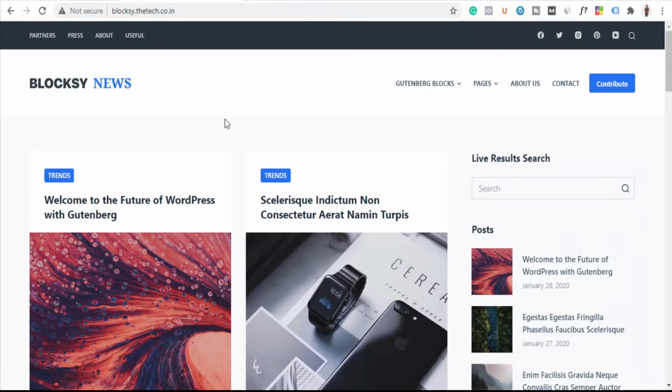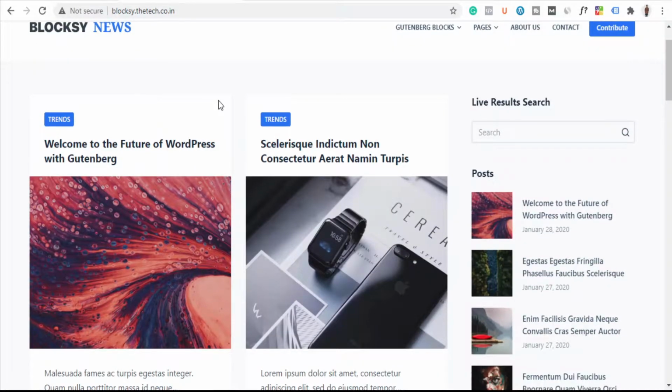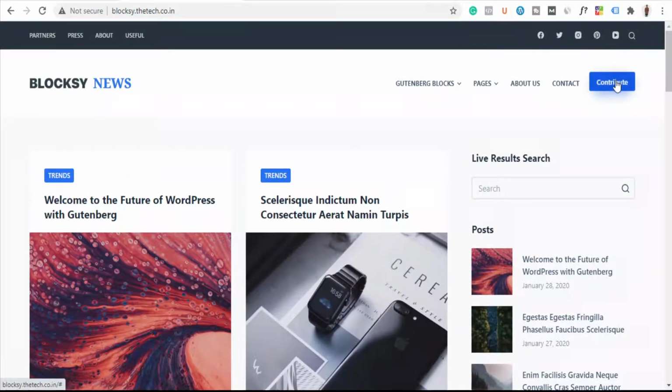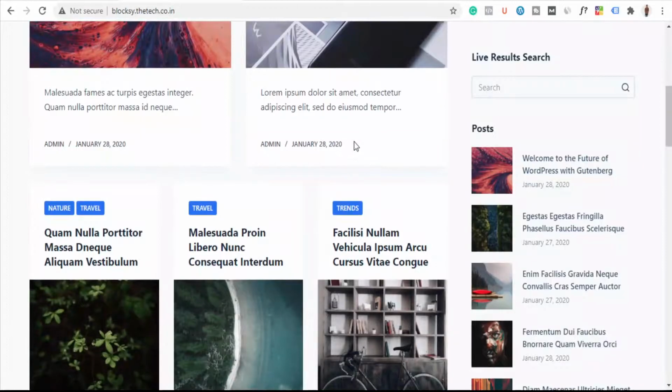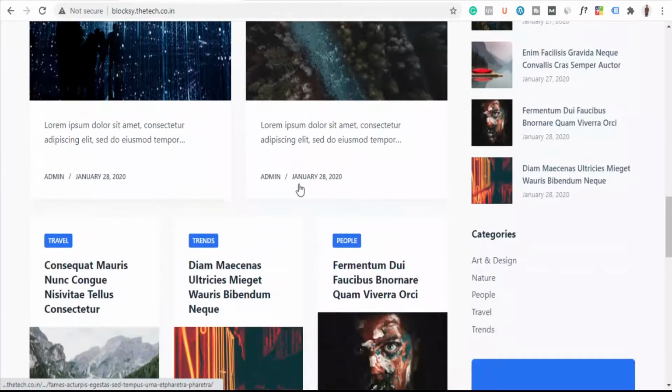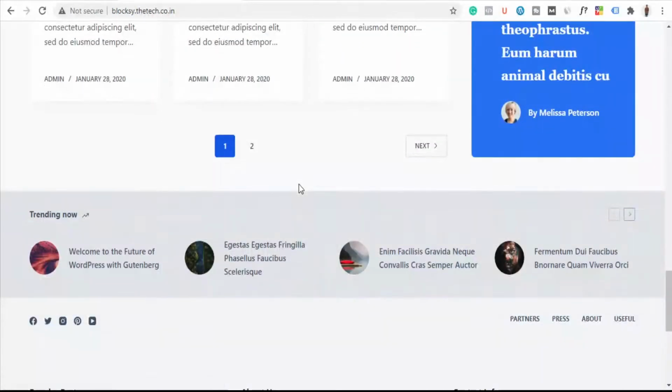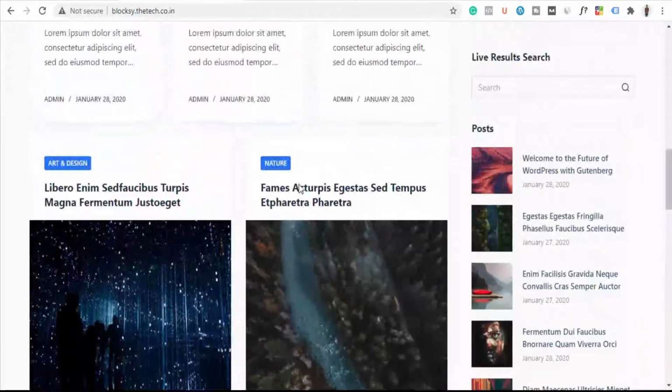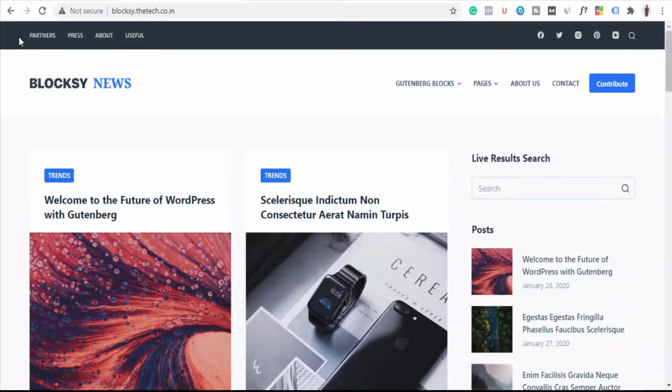But actually no, you need to learn the editing or the customization. Let's say for example, you don't want this black color top bar at the top, or you want to reduce the width of this header section, or let's say you don't want this button at the right side, or anything per se. If you want any customization, you need to know how you can do that. Okay, and that's what this video is for. Here I'm going to show you step by step from the start how you can change, edit or play around with all the stuff here using the Blocksy theme editor.